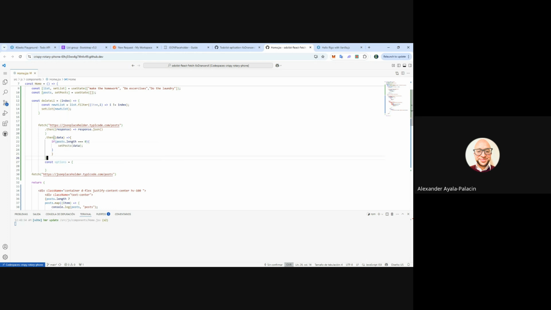The way you do all that with actual code will be with this options object that we're about to have right now. Okay. So the first one is we can put method on line 28